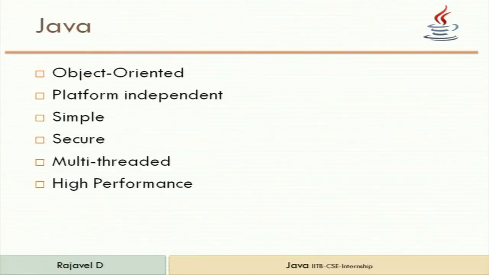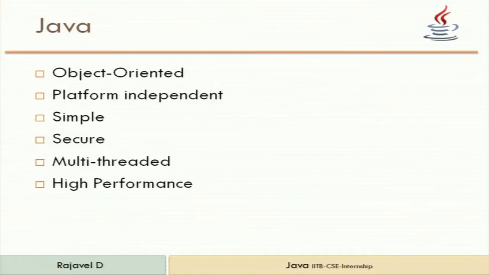What do you mean by platform independent? Can run in any machine. If you can code in Mac, you can code in Linux, you can code in a Windows machine, but still the functionality, whatever, you can just create a war file, you have an Apache server, you can run it in any machine. That's what platform independent means.